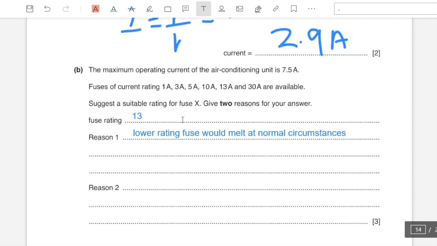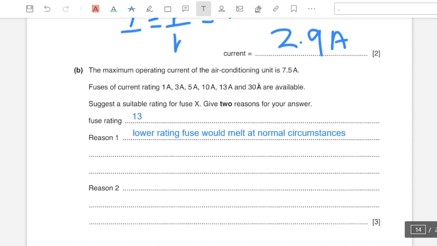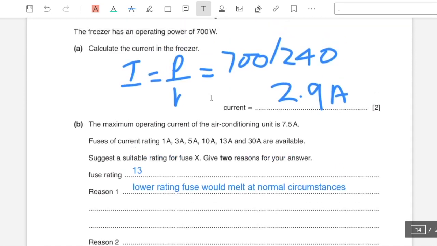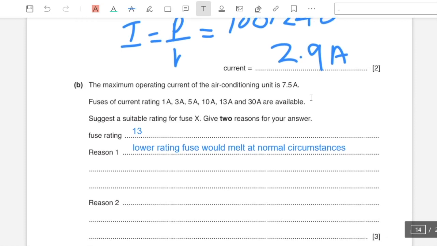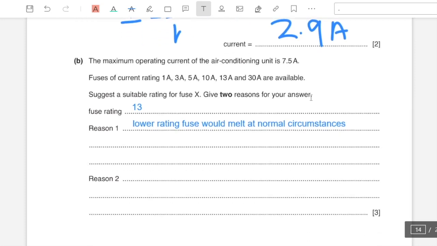Alright, and selecting a value which is much higher than 13 amperes would be dangerous, and that's because the total current is supposed to be 2.9 plus 7.5, which is 10.4 amperes. And if the current has a value of, suppose, 12 or 13 amperes running through the circuit, that would be much more than required, which is dangerous for the circuit and any person operating it. So the reason 2 is